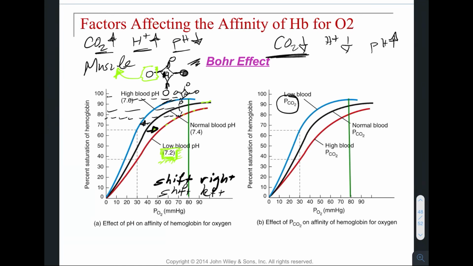If the tissue is not doing a lot of metabolism, you will expect low CO2 levels. And so what we're going to do is shift the curve to the left, and the hemoglobin will be very greedy. It's not going to give the oxygen away very easily. However, when we compare it to that red curve, where we have